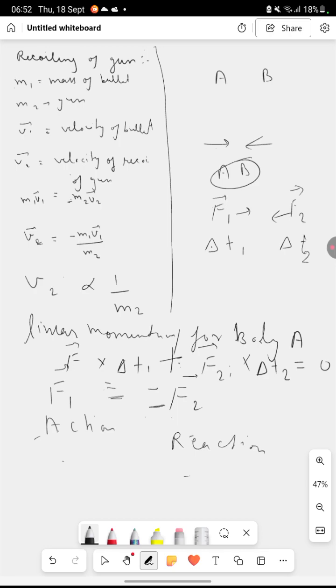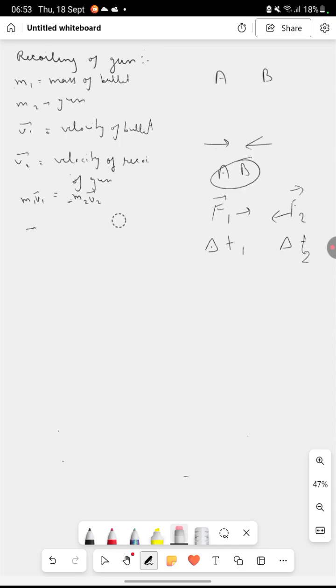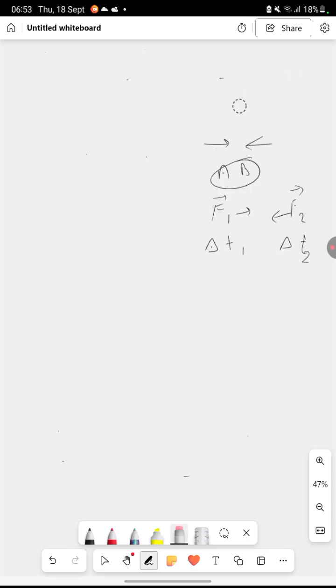Okay, now we will discuss connected motion. In this we consider two masses hanging on a pulley. How will they exert force, how will tension act on them, we will see all that in this. Okay, now consider,